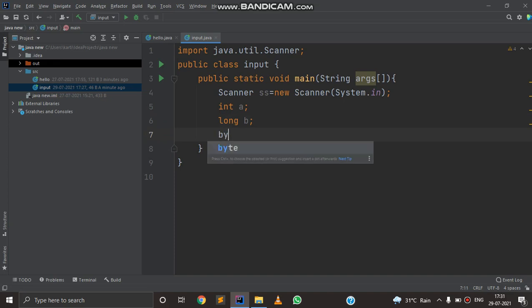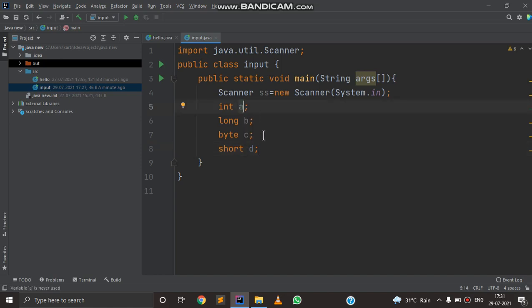Now comes byte, short. Here you can see that I have written A, B, C, D. These are known as variables. So byte has a smaller value storage of -128 to +127, and short has bigger storage than byte.